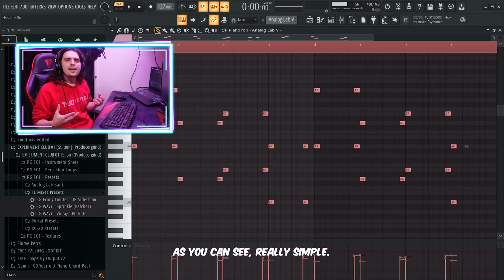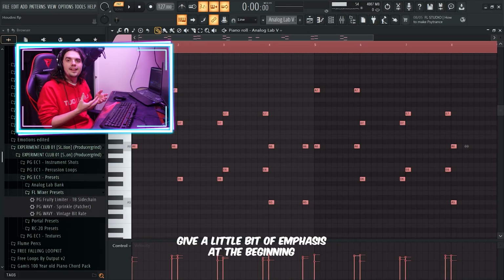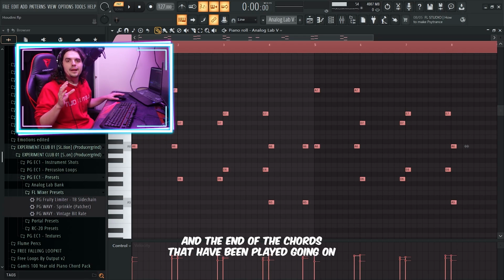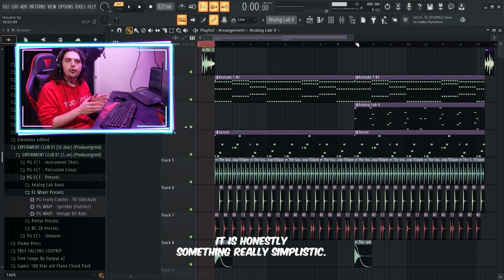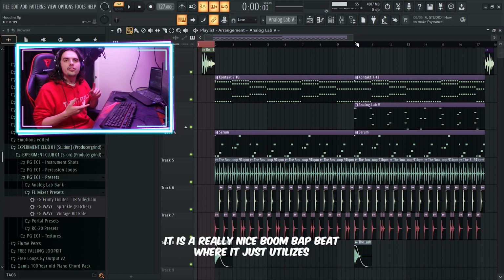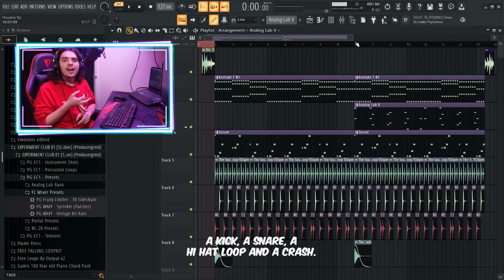As you can see, really simple, but it's just there to yet again give a little bit of emphasis at the beginning and the end of the chords that are being played. Going on to the drum pattern, it is honestly something really simplistic. It is a really nice boom bap beat where it just utilizes a kick, a snare, a hi-hat loop, and